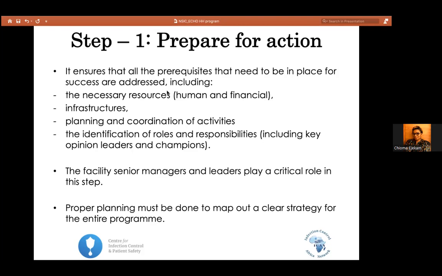You need to see that these infrastructures are available. Do you already have hand hygiene stations, and are they working? Do you have an IPC team? Do you have regular meetings? Do you have an annual plan? Do you have any form of existing data or research around potential consequences of poor hand hygiene, related to healthcare-associated infections? Do your IPC team know their roles and responsibilities? But in all this, at this point, I mention again collaboration.